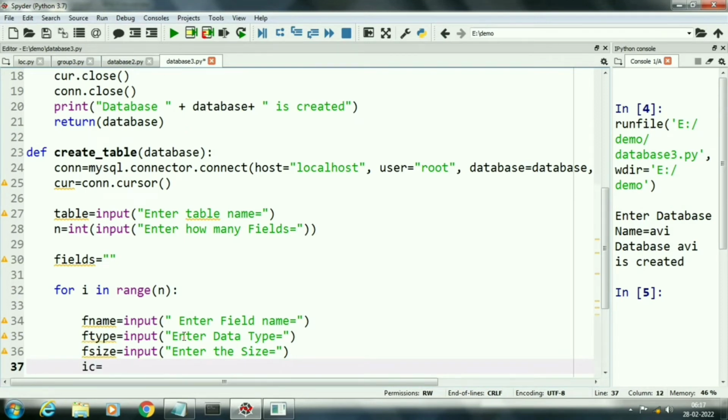At last, we will input the integrity constraint. We have created all the fields for our table.